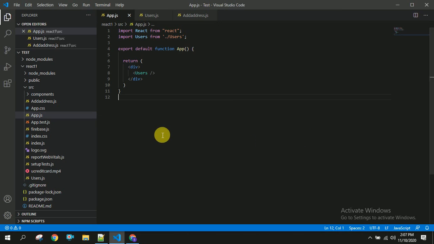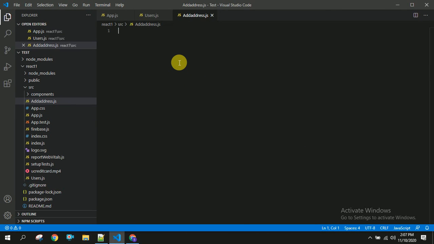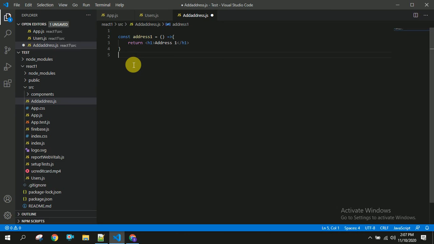Next we are going to see what is named export. In the address component I am going to create another address here, and this is address 2.